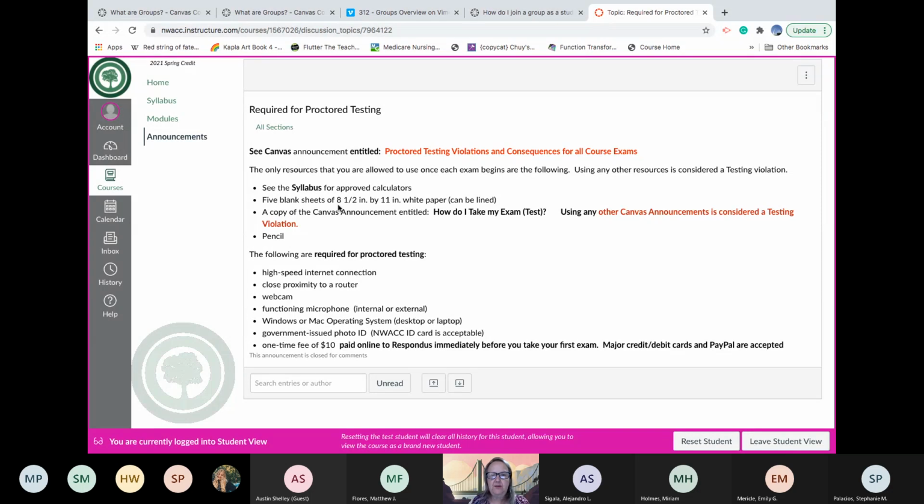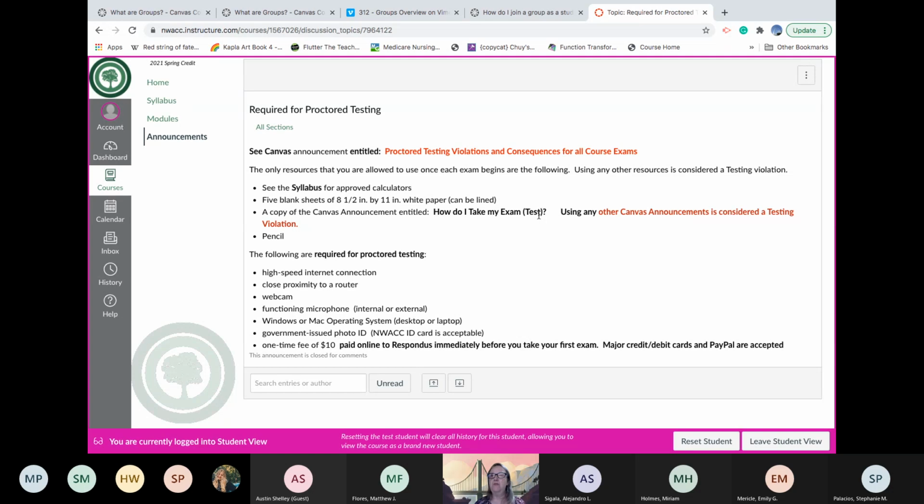So you have 5 sheets of blank paper. One of these sheets of blank paper, you are allowed a copy of the Canvas announcement entitled, "How do I take my exam test?" So on one sheet of paper, one of the 5, you are allowed to copy down that announcement and use it during the test, because it's going to tell you how to go through the process of